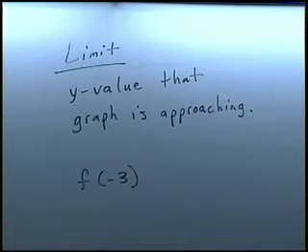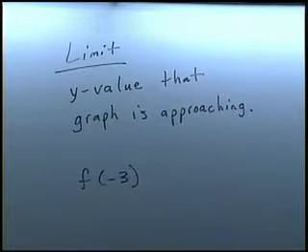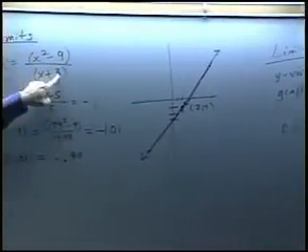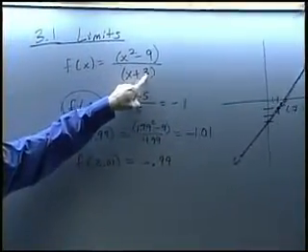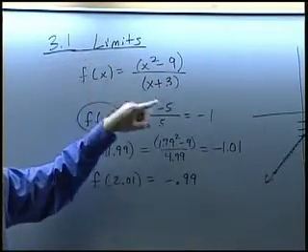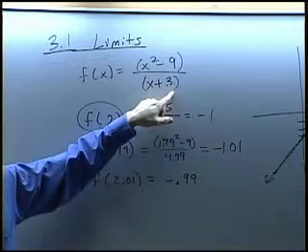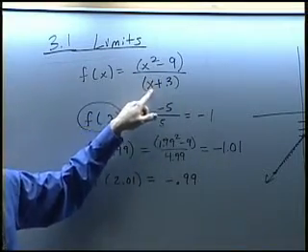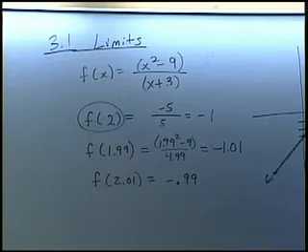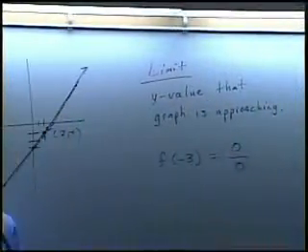Okay? This one will be a little different because what happens if I just try to substitute in negative 3 into this equation? The numerator turns into what? 0, and the denominator turns into what? 0, right? Okay, 9 minus 9, negative 3 plus 3. Everything zeroes out. And so if I try to just actually do the calculation, I end up with 0 divided